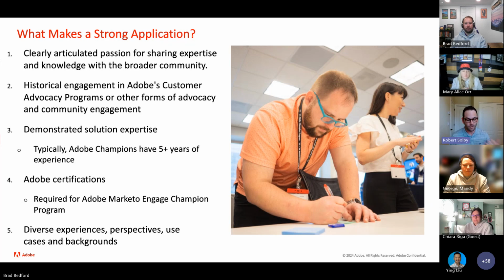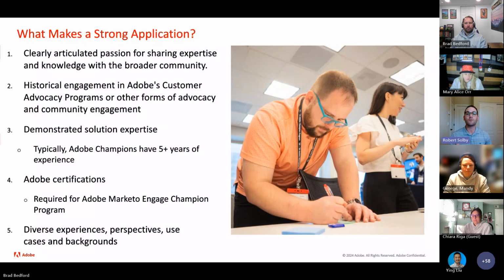Whether you're a developer, whether you're in marketing operations, whether you're in reporting and optimization for Adobe Analytics, there is no one persona that makes a great champion. We believe that every individual that uses our digital experience cloud solutions is unique and brings something special to the table. And we want to recognize that.